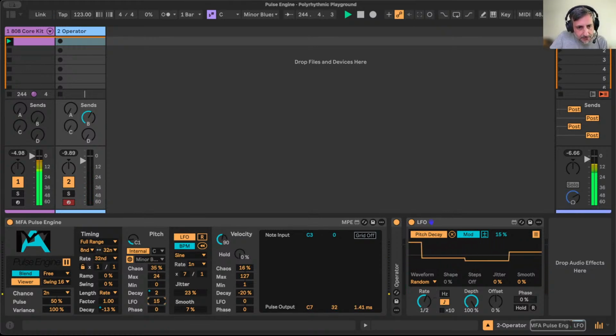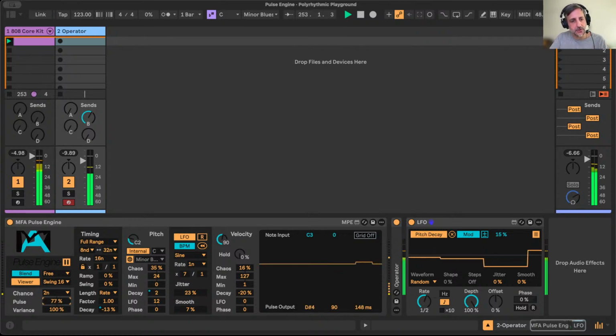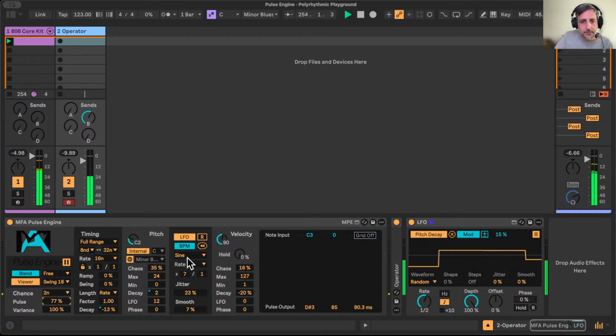And I think the LFO is just doing a little too much. We could move the bass pitch up in relation to that LFO. And because the chance is happening less often, we might want to increase the chance that pulses occur. And we have a probability on the hold as well. So we can probabilistically hold